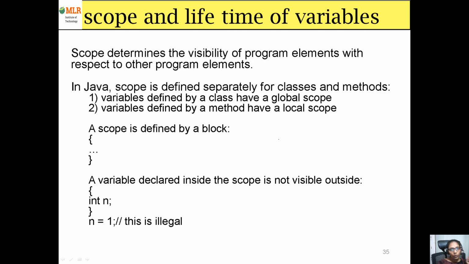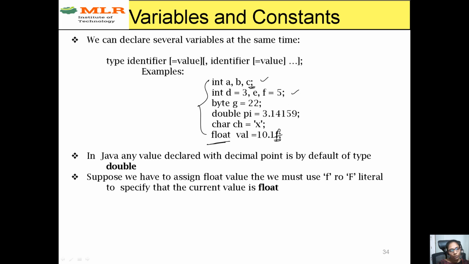So that is about variable declaration. The rules we follow in C to give a variable name are the same here also. The first rule is that the first letter must be an alphabet or an underscore symbol. I cannot use a digit as the first symbol. For example, I cannot use this name as a variable name, because the first letter is the number 1. The first letter must be a letter or an underscore symbol.